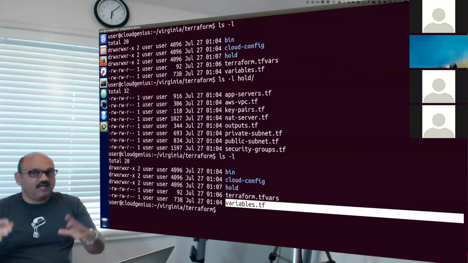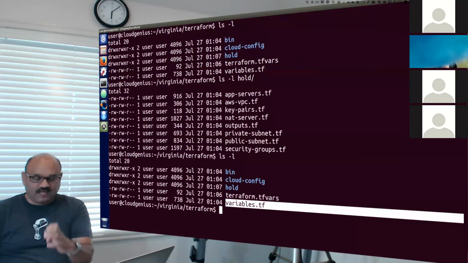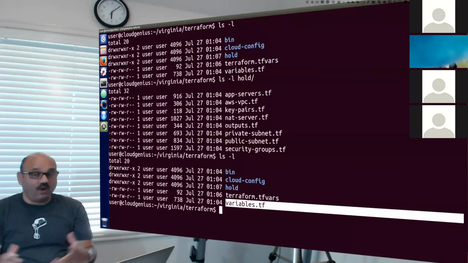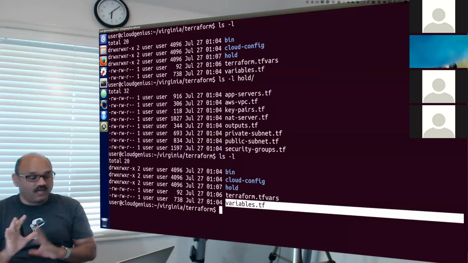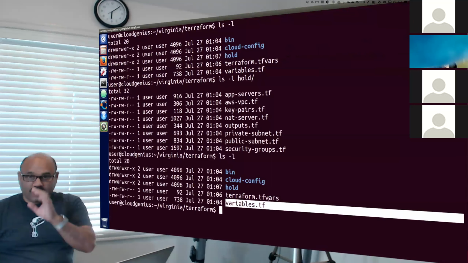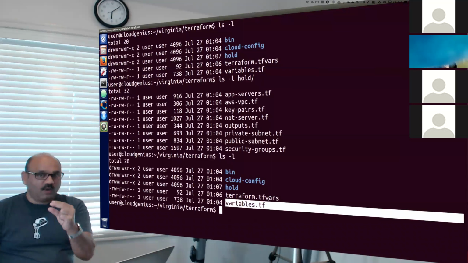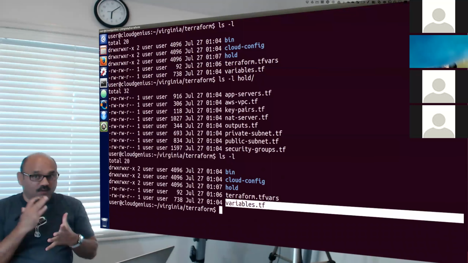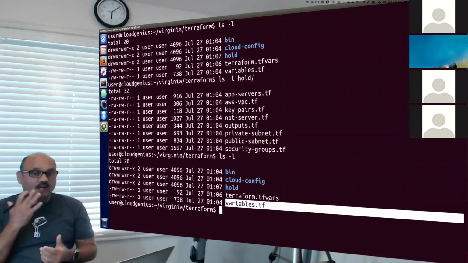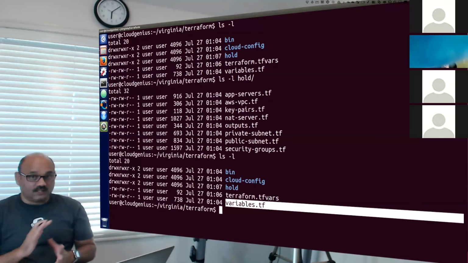So it becomes easy for us to look at one thing or a small set of things at a time, as opposed to looking at a whole bunch of daunting code. I don't want to scare you with code. Code is not scary. Code is actually beautiful. If you look at it one small piece at a time, you will understand it. And the moment you understand, code becomes beautiful, not daunting, not scary.